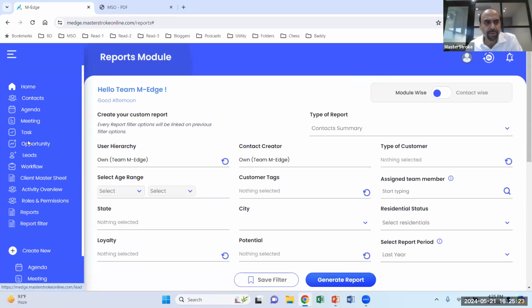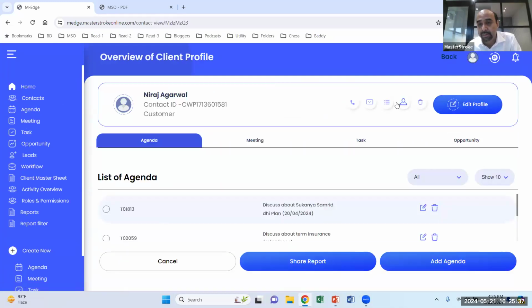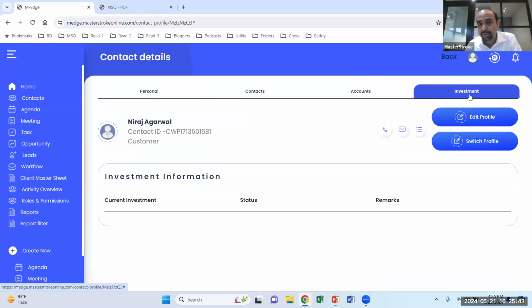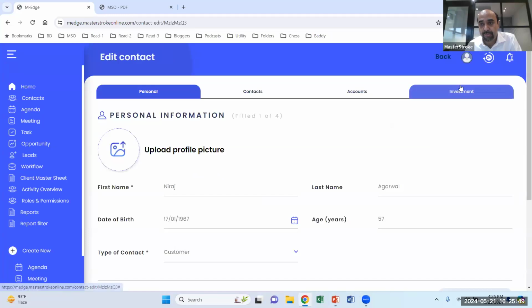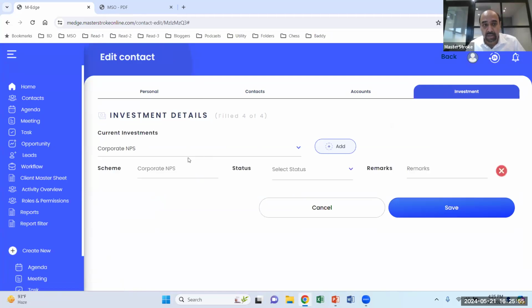Right. One thing I want to show you, which is very, very powerful, which is there in the contact module. For every contact of yours and their family members, you can add, let's say I go to Neeraj Agarwal again, and you open the profile, and you see this button, investment, here. This is very, very powerful. So you can create records. For example, you can mention here whether Neeraj Agarwal is doing corporate NPS or not. And you can mention here no. And you can say he is not interested